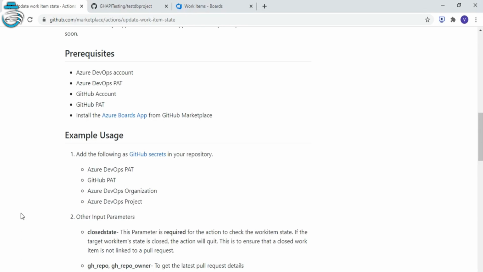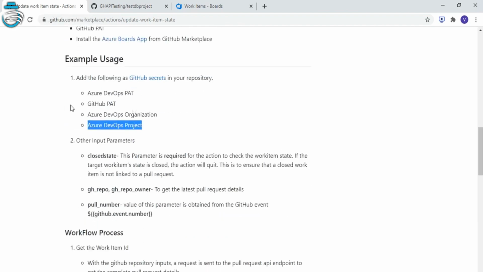Basically, the integration must be present between your GitHub repository and your Azure Boards project. The prerequisites mentioned here should be added as your GitHub secrets. So what should be present as secrets? Both of your PAT tokens from Azure DevOps and GitHub, your Azure DevOps organization, and your Azure DevOps project.